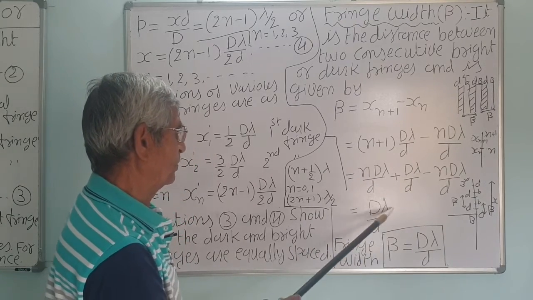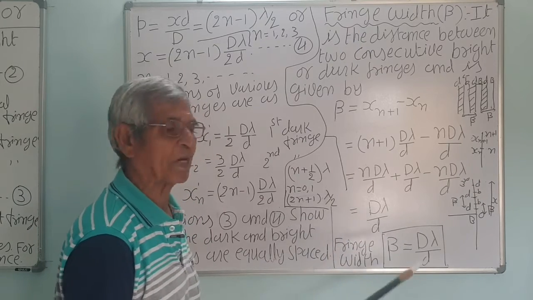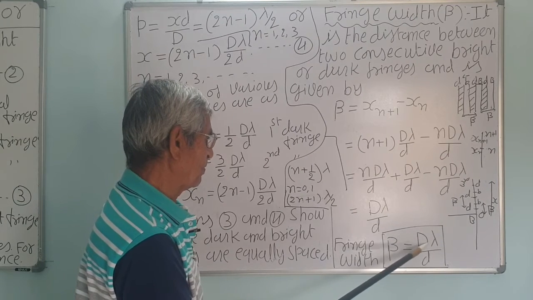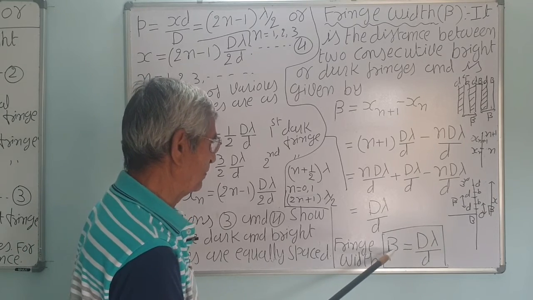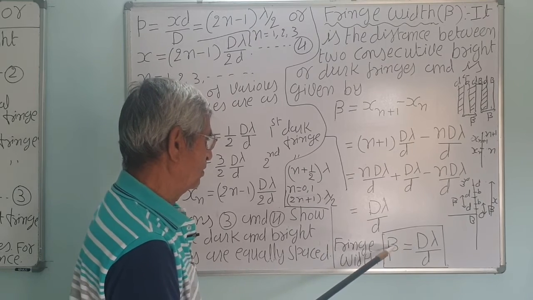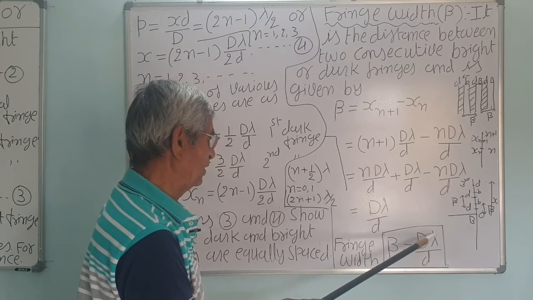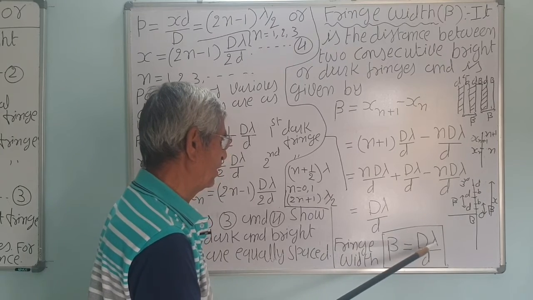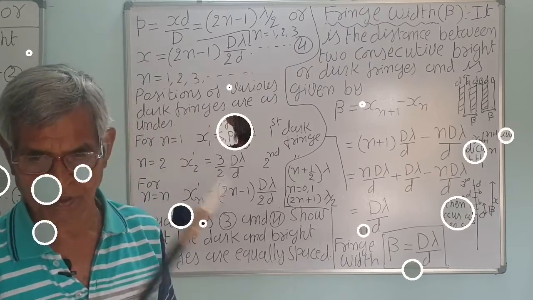Now, instead of this, if you take the dark fringe also, the distance will be the same, the fringe width is the same whether it is bright or dark, and beta, the fringe width, is equal to capital D into lambda upon small d. So if lambda is more, the fringe width will be more for the same D and d, correct, or if d is more, the fringe width also will be more. So it depends upon 3 factors, the capital D, lambda and the d. So by keeping this same geometry, if lambda is made 1.5 times, the fringe width will be 1.5 times.